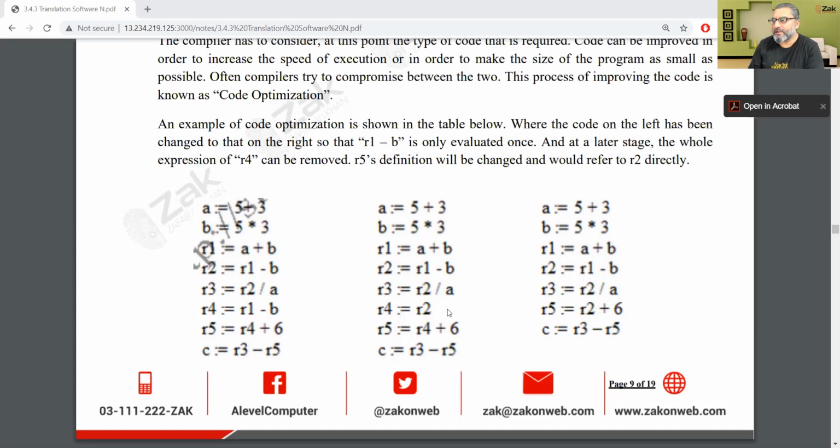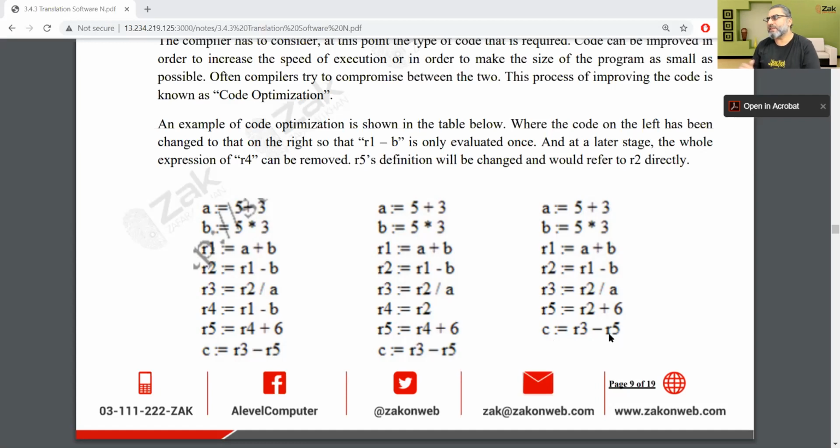But that replacement over here will actually lead to a problem, and that problem is 3 address code. So this is not 3 address code anymore. This is 2 address code. So computer has to have 3 address code. So what we will do, we will ultimately remove this R4. And wherever the R4 is being used, we will use directly R2 because R4 and R2 are basically doing the same. So we will remove this line, and instead of R4 over here, we will use what? R2. So we have optimized for one line over here.